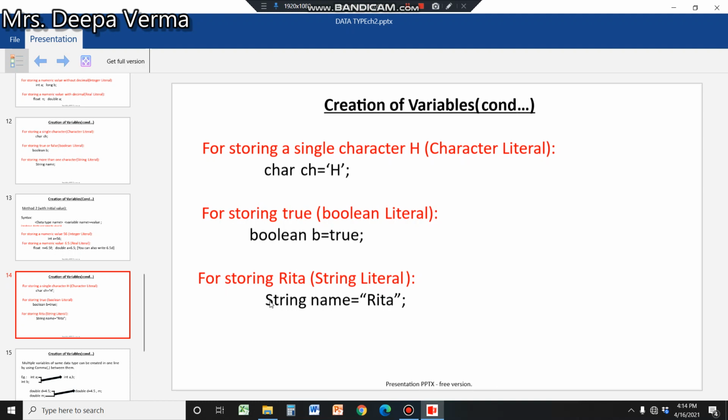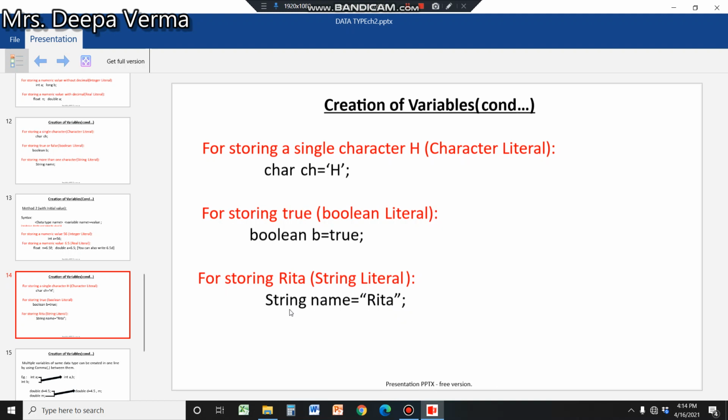But you see here String has come with a capital letter. This is actually not a data type, this is a class. This also will be explained in a coming class, in standard 9, 10. Why this is a class and why I am naming all of these as data types will be explained. But for the time being, just understand that to store a string literal, we use the string data type.